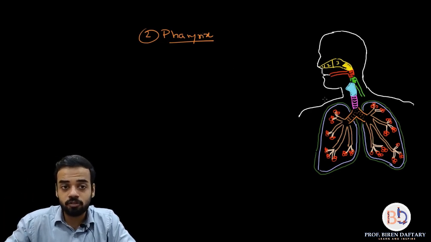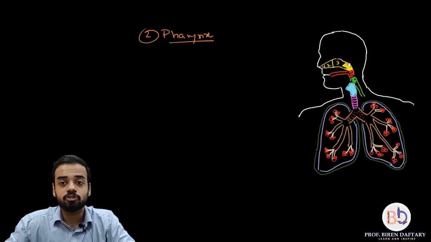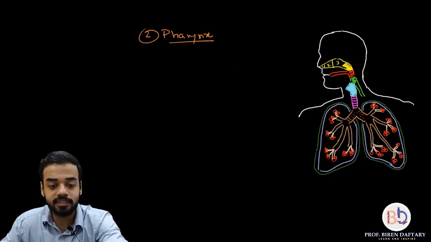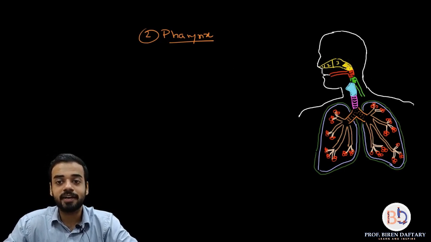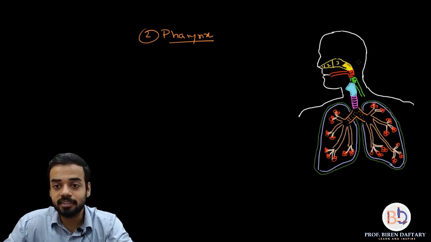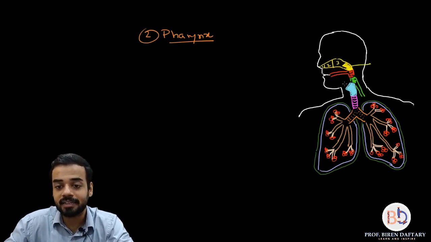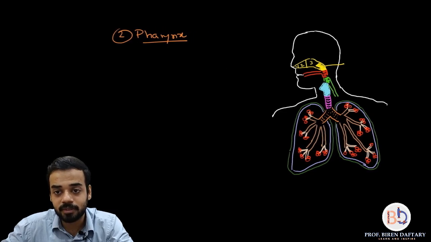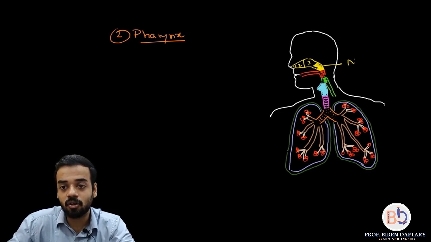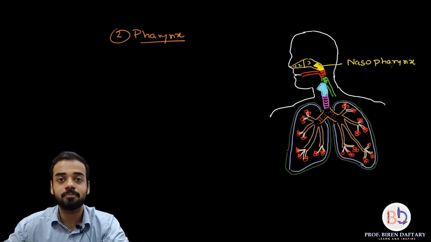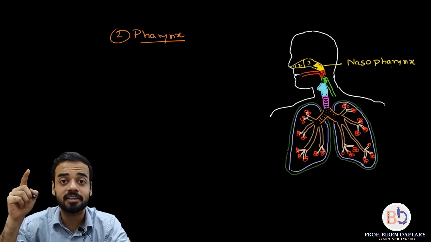Now if you see over here, I have shaded the regions. This yellow region is the starting of the pharynx. And this yellow part of the pharynx is coming after the nasal chamber. So I'm just going to shift this image slightly this side. This is called the nasopharynx. The nasopharynx is the pharynx which is connected to the nasal chambers or the internal layers.